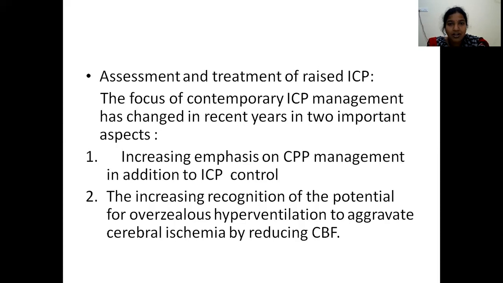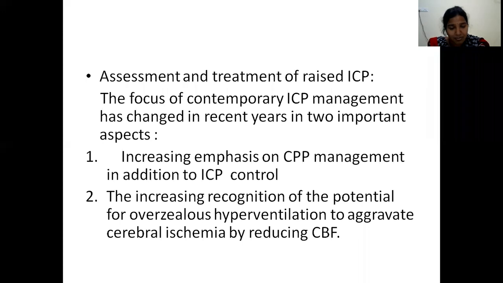The focus of contemporary ICP management has changed in recent years in two different aspects: increasing emphasis on CPP management in addition to ICP control, and increasing recognition of the potential for overzealous hyperventilation to aggravate cerebral ischemia by reducing